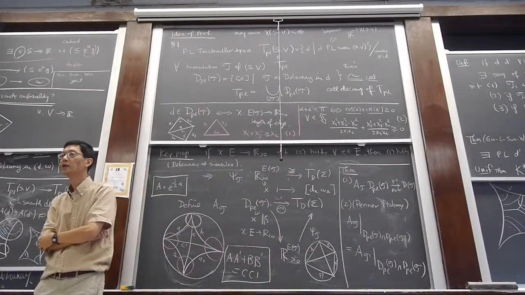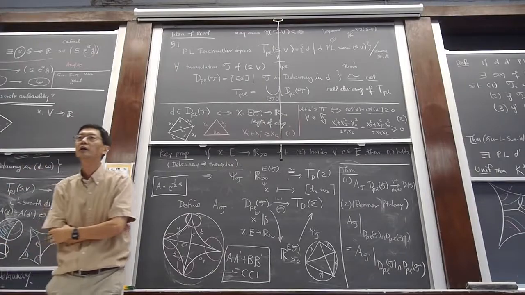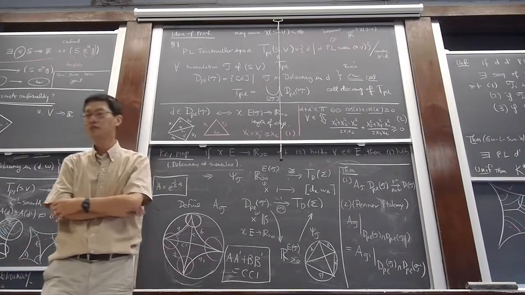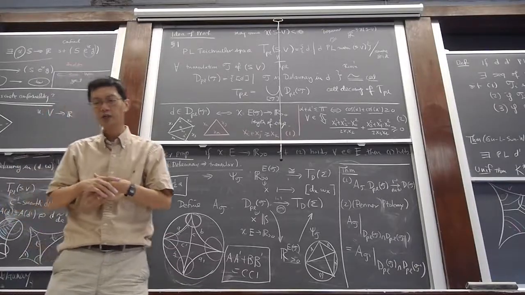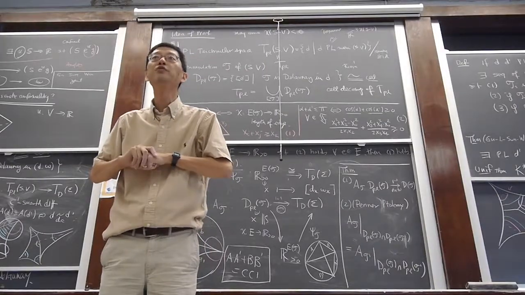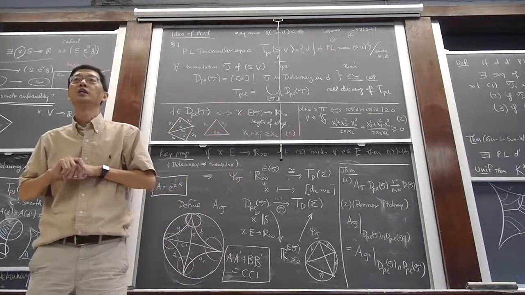Are there any questions for Feng? So do you get a new proof of the circle packing theorem? No, it's a different discretization. So the issue is that when you have a smooth object, you want to discretize it. There are many different ways of doing it. So this is one way of doing it.